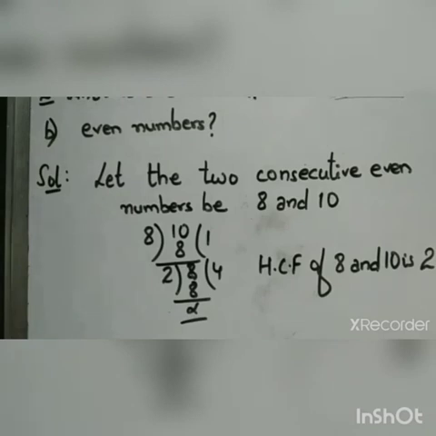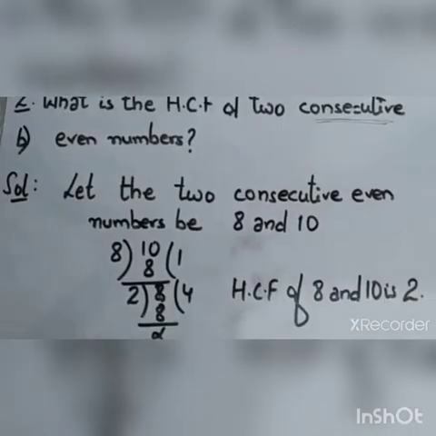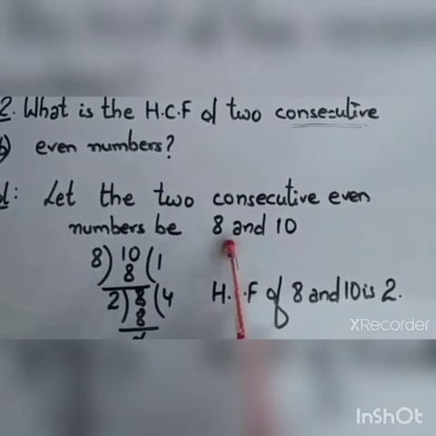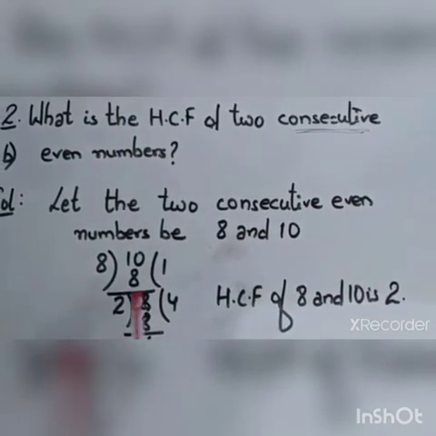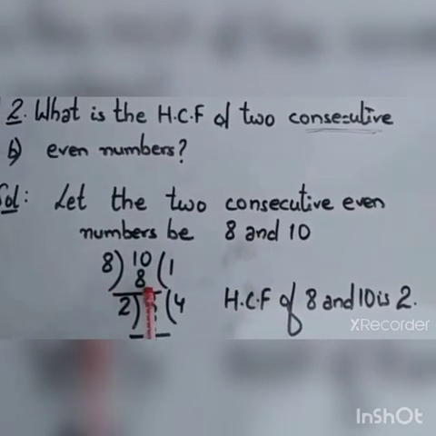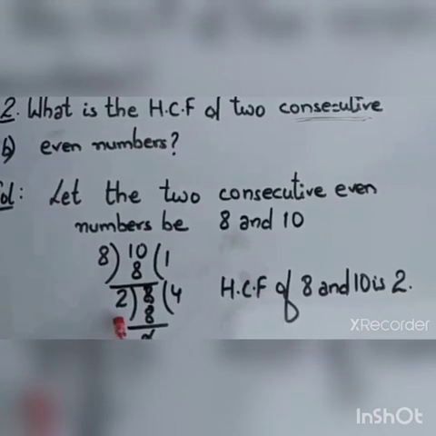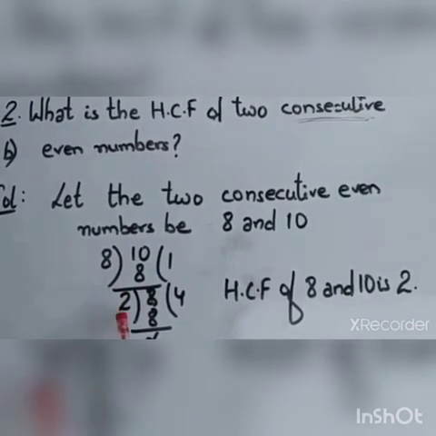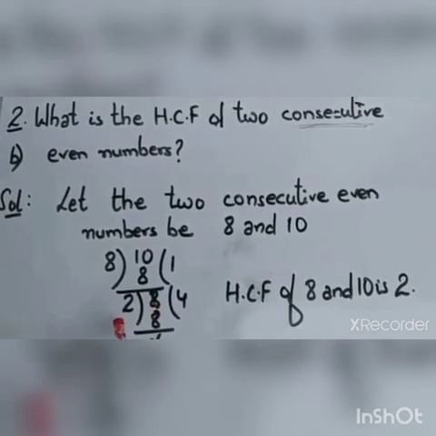It's up to you. So let the two consecutive even numbers be 8 and 10. So 8 ones are 8, remainder is 2. Now this remainder will act as divisor and 8 will act as the dividend. So 2 fours